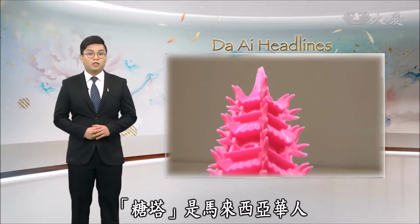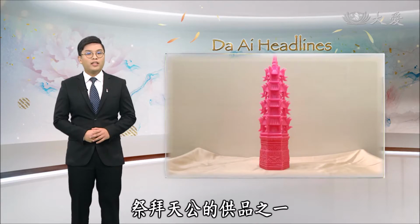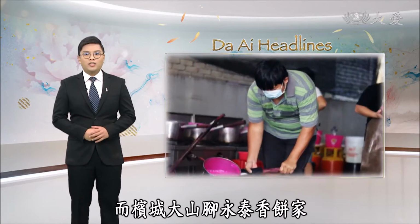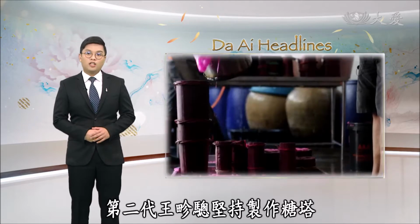In Malaysia, the sugar pagoda is a sacred offering for local Chinese during the celebration to pray towards the Jade Emperor. Due to its difficult making process, many people have stopped making the sugar pagoda. Today, we take a look at a second-generation sugar pagoda maker who insists on making them just to preserve this